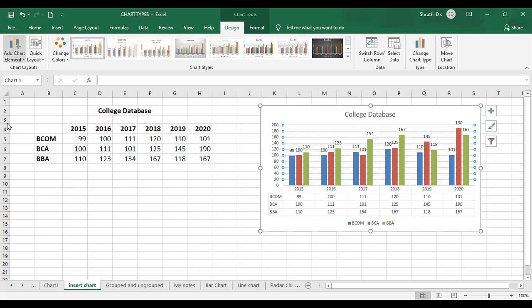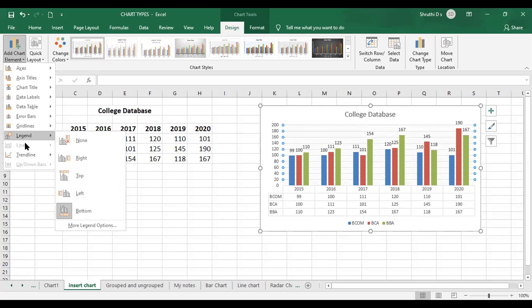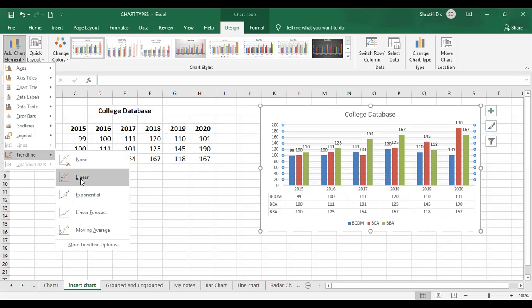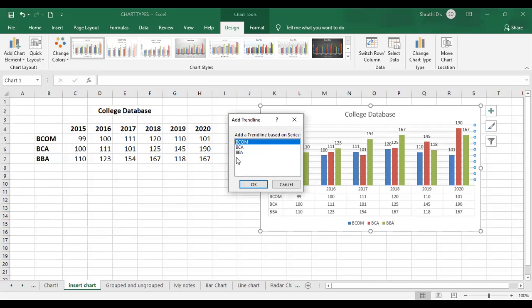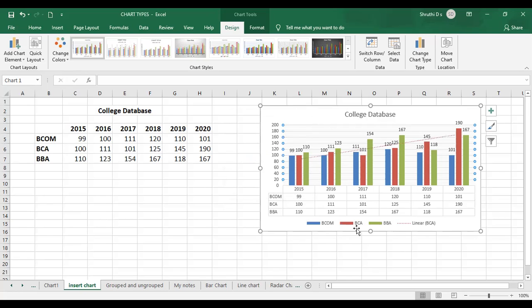Minor grid lines. The legend I already told you about, and the trend line also, in a linear way, shows how a particular data is growing, like if I want to choose only BCA's growth. I'll go to that, and if I choose the linear option, it will ask me which series you are looking for. I'll click on BCA and click OK.